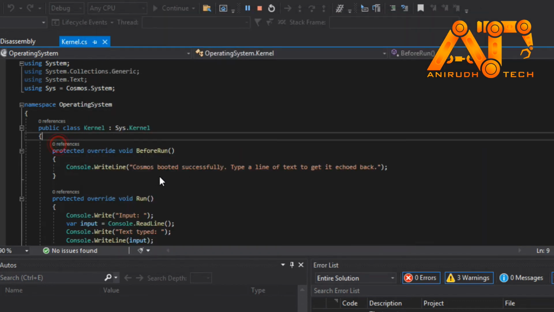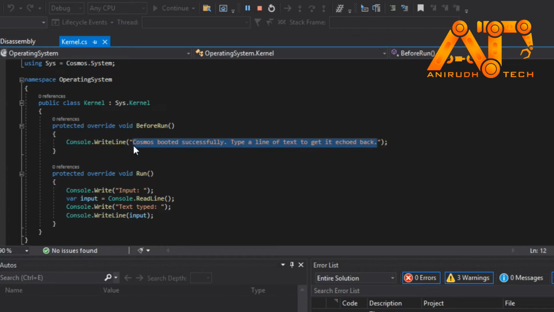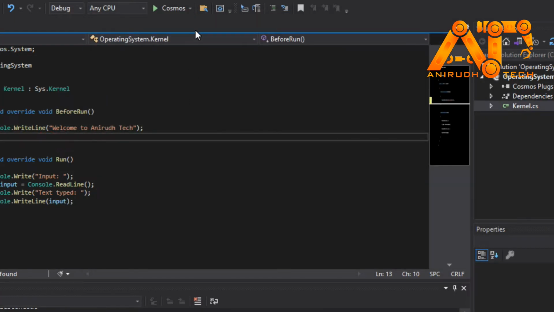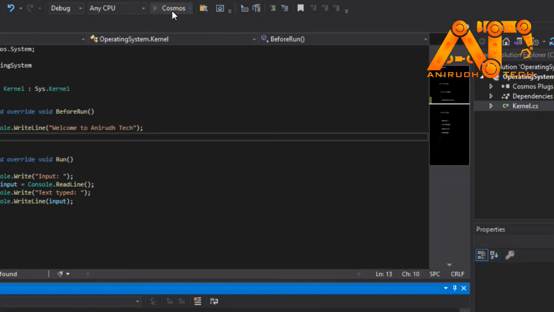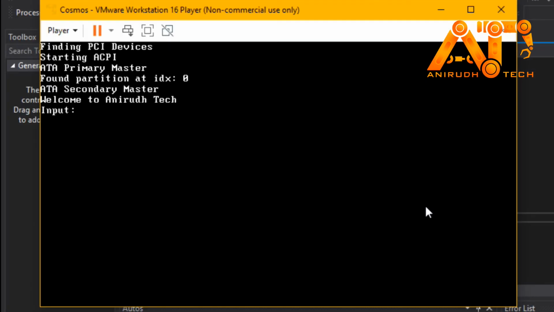Then I type welcome to Android Tech, then it will be echoed back. I'm closing the virtual machine and opening it again. Now you can see here welcome to Android Tech.